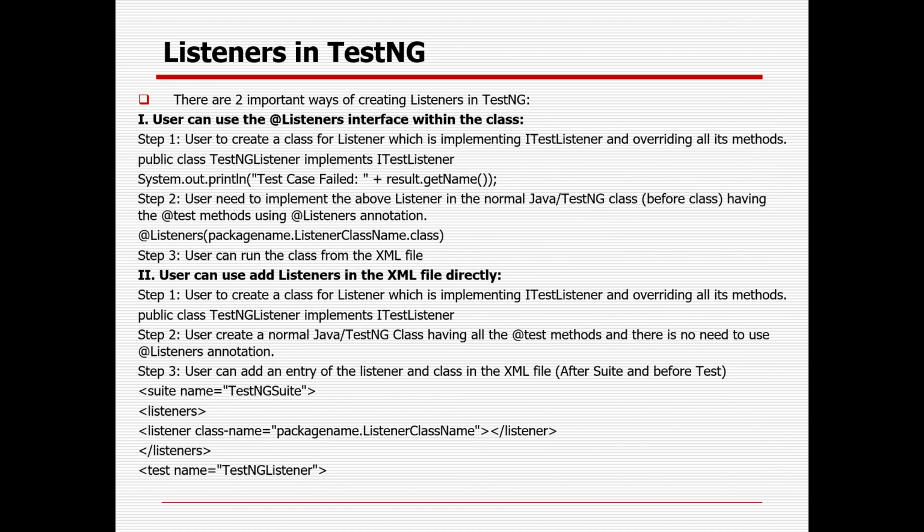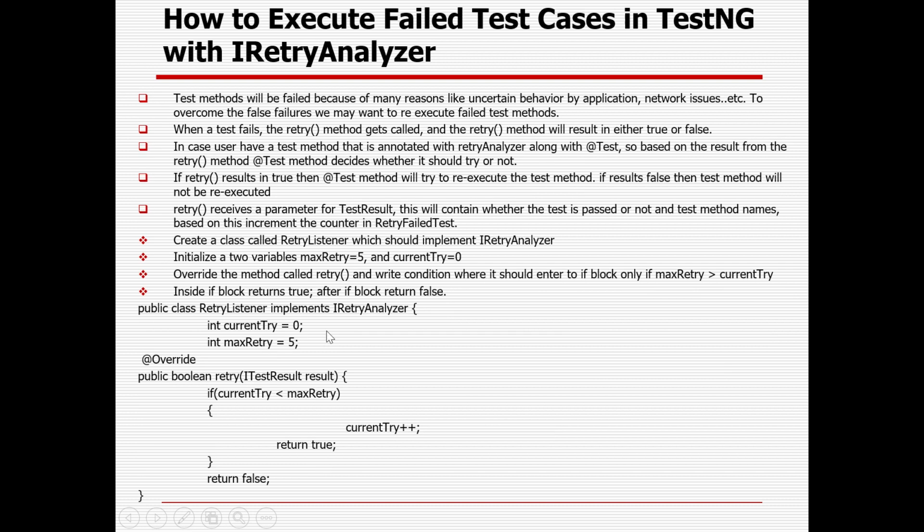A listener is nothing but something that listens first, after that you change the behavior of your execution. There are a couple of listeners, like ITestListener and ISuiteListener, that you can implement. You can create a TestNG class, then create a listener class, implement ITestListener, and add the details for all the unimplemented methods. Then you can either add the @Listeners annotation with the package name dot the class name dot class at the class level. Otherwise you can go with the testng.xml file, where you can change the details